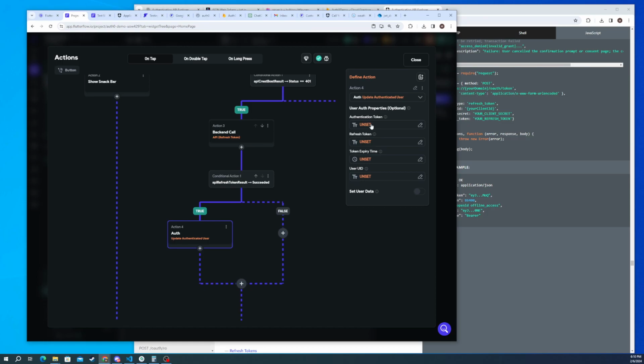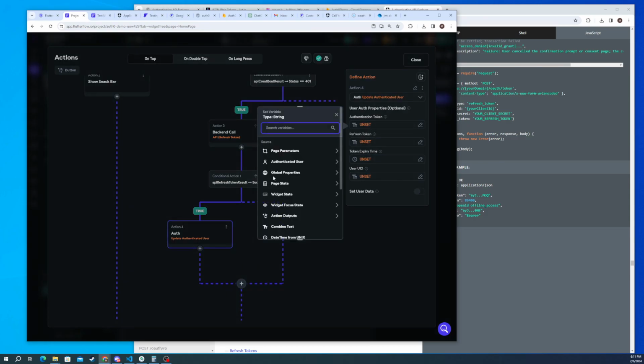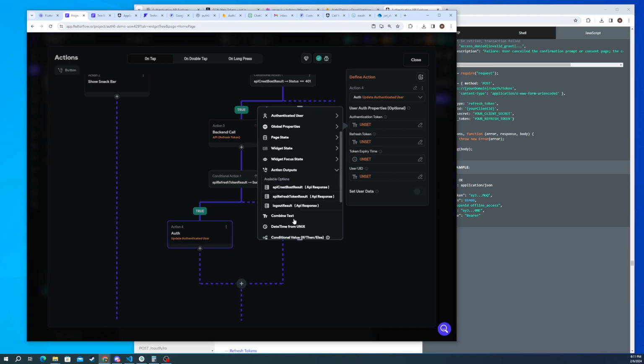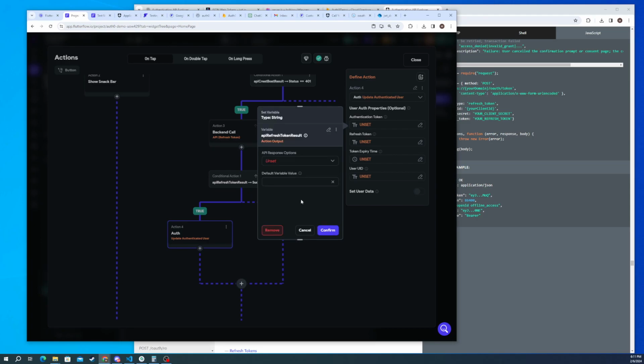Again, if we want to update things that were changed on their ID token or their access token, we could use the custom function that we wrote before to decode the JWT. I'm going to leave this alone. Really all we need to do is update the authentication token here. The rest of the information is going to be the same unless you want to bump up the expiry time again. Totally up to you. So these are optional parameters here. So this is going to be action outputs, the refresh token result,